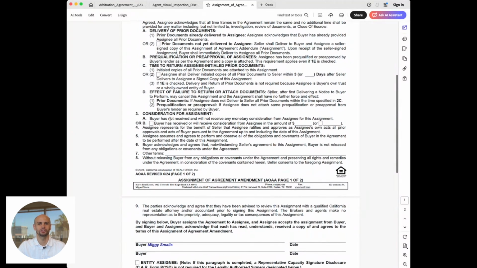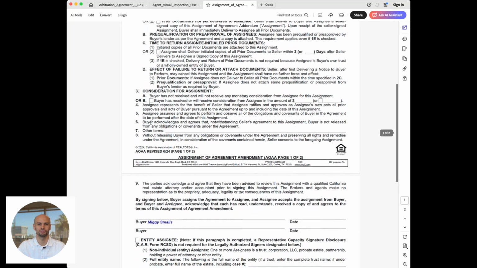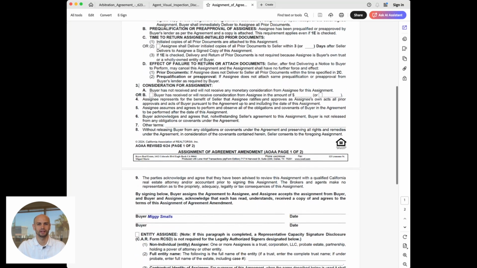Now, the consideration for the assignment, here is where it gets real. This section asks whether the buyer is getting any money for transferring their contract. If it's a simple trust transfer or adding a partner, usually no money changes hands. But if you're flipping paper, you're a wholesaler, meaning assigning the deal to another investor for profit, you'd disclose the